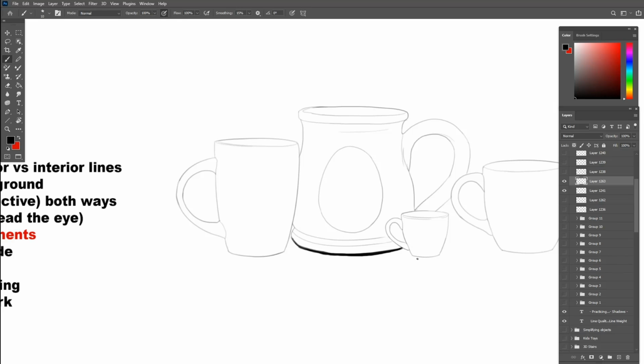So if we draw this with the same thick line, it will just look wrong. Even though the cup is in the front, it will still have a thinner line overall than the big one behind it. So these rules have to interact with each other. Each rule depends on the other factors, and as you practice this more and more, things will just make more sense as you observe them, both in other artists' work and in real life as well.